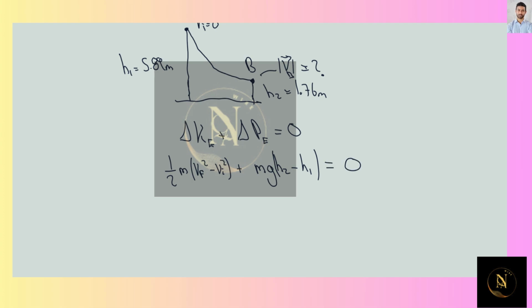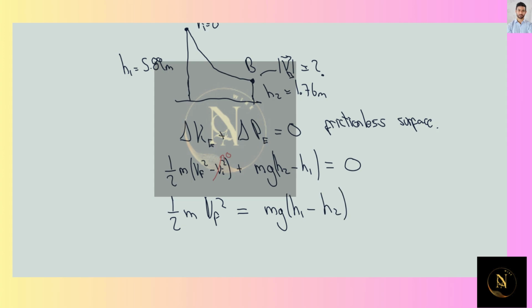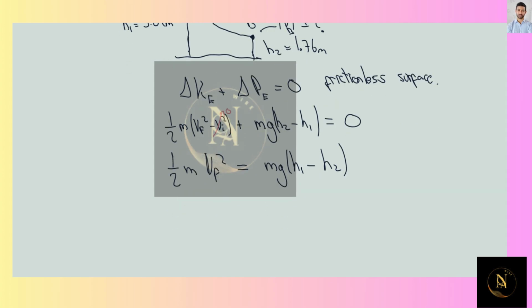Remember that we can apply conservation of energy because of the fact that we're on a frictionless surface. So the initial velocity in this case is going to be equal to 0. Thus, 1/2 of mass times final velocity squared would be equal to mg times h1 minus h2. Mass and mass cancel out,